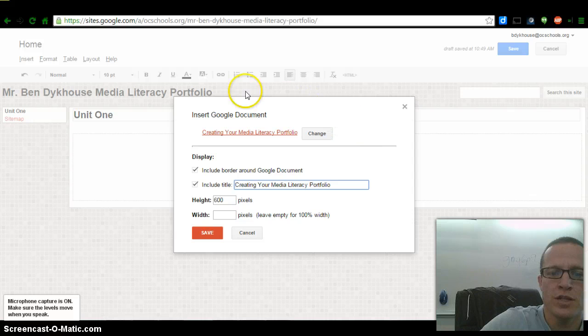I'll get this page that comes up. And there's a few options here. You can choose to include a border or not. I would encourage you to include a border and for you to include the title. And let's just leave it at 600, the height at 600 pixels and the width empty to see if it can fit on that column. If you click Save,